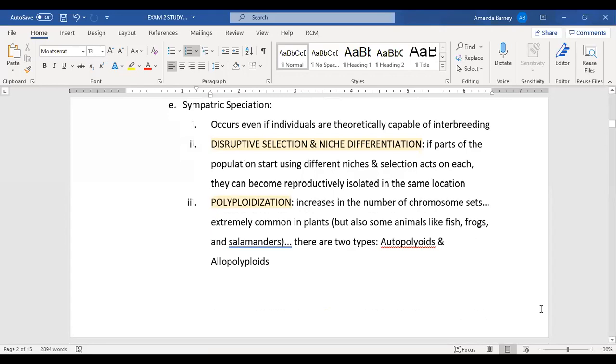One of my children did not go to bed, so we'll have a little bit of interruption once in a while. Anyway, so the sympatric speciation, just